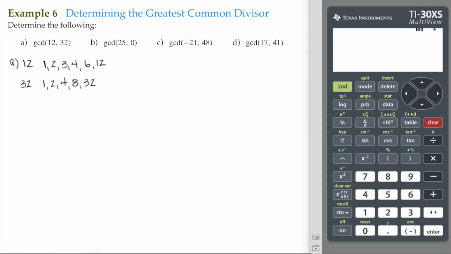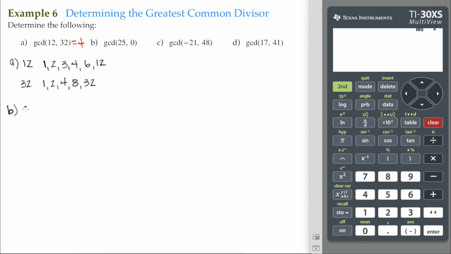So then the largest divisor that's in common between the two is right here, 4. So the greatest common divisor between 12 and 32, I'm just going to label it right up here, is 4. For B,